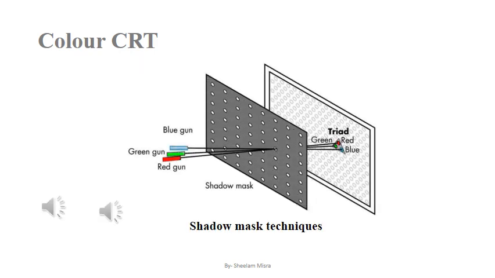So in this technique, there are three electron guns, one for each color dot, and a shadow mask grid just behind the phosphor coated screen. The shadow mask grid consists of a series of holes aligned with the phosphor dot pattern. Three electron beams are deflected and focused as a group on the shadow mask, and when they pass through a hole in the shadow mask, they excite a dot triangle.